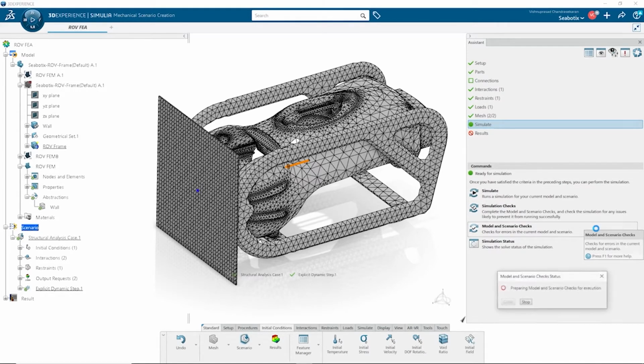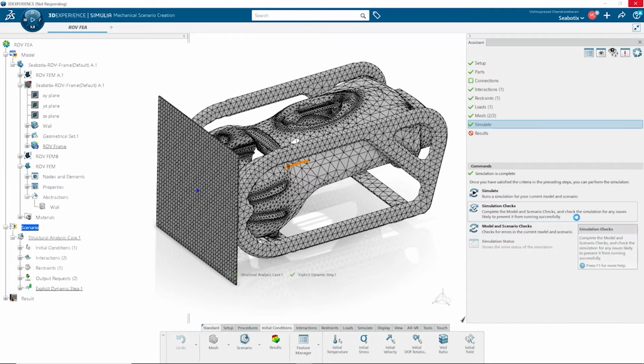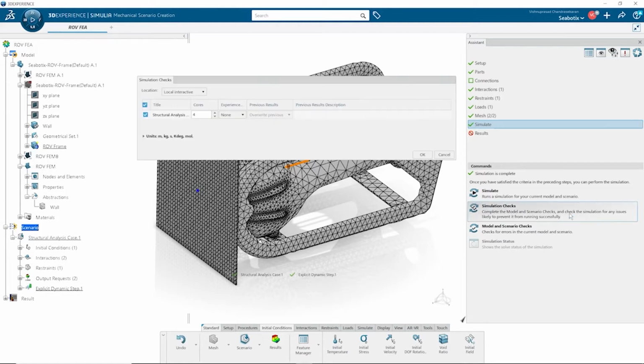Looks like our simulation is good for a run. Let's go ahead and submit it. We have flexibility in the submissions process, whether it's on the cloud with credits or locally. Leveraging high-performance machines gives us control in how we want to submit our study and how soon we need those